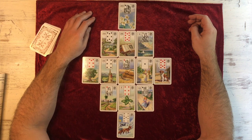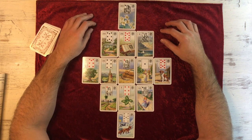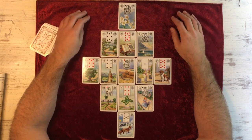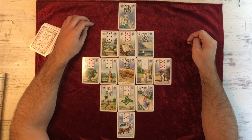So we've got some clarity about what's beyond his control. He can't control the hospital environment, right? It's a state hospital, has to more or less accept what he's given. He has to have the surgery. We can tell that from the Scythe card there, and that it's good for him to have the surgery. He can't delay with that, right? Then